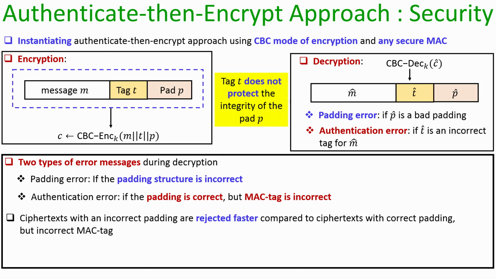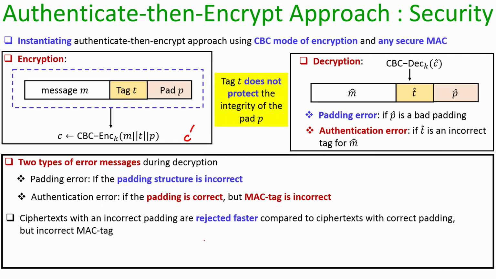So, the idea which can be exploited here by the adversary to prove that this composed scheme is not CCA secure is the following. Imagine that an adversary tries to mess up with this encryption process by coming up with a new ciphertext of its own, right. So, it has to come up with some C dash, and it can forward that C dash to the receiver and wait to see what kind of error messages are thrown by the receiver. It turns out that if on decrypting C dash the padding turns out to be incorrect,